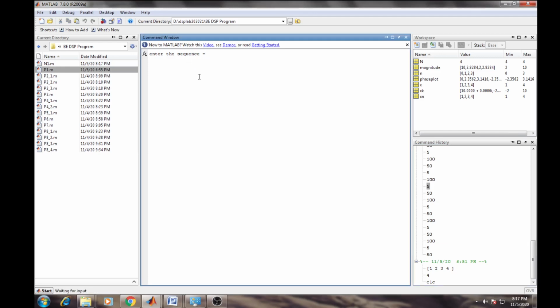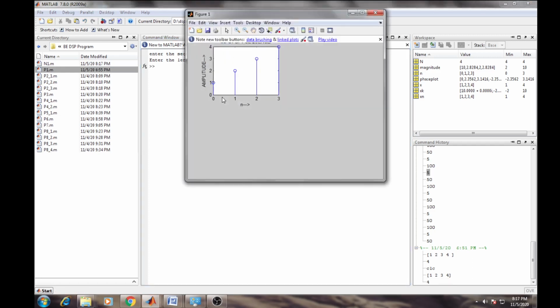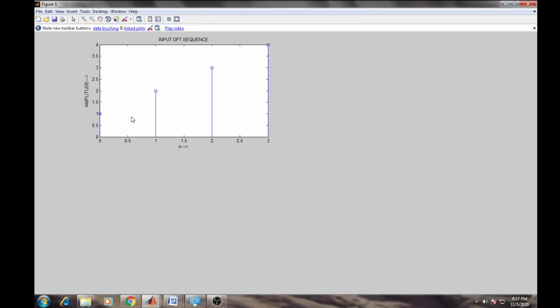When you execute, it demands a sequence, right? So I write here 1 space 2 space 3 space 4. x of n, I say, is 1 2 3 4, and the length is 4 elements I entered, so that's why I write here 4. Once you enter it, immediately you will get the execution of a graph.